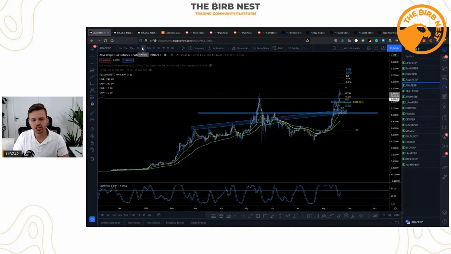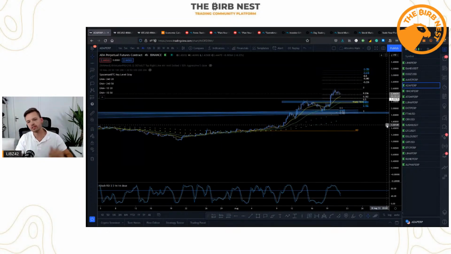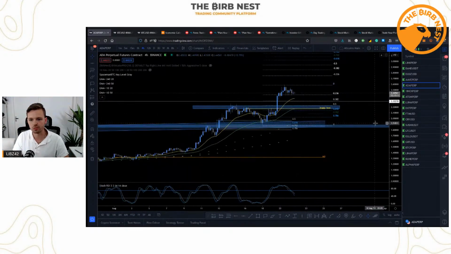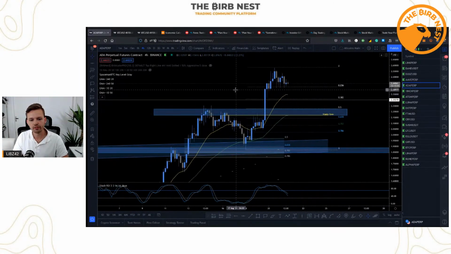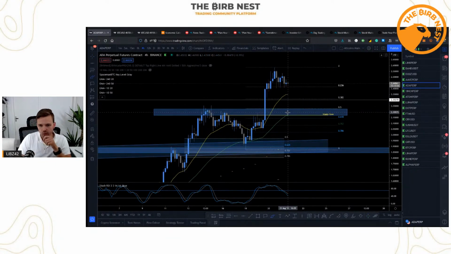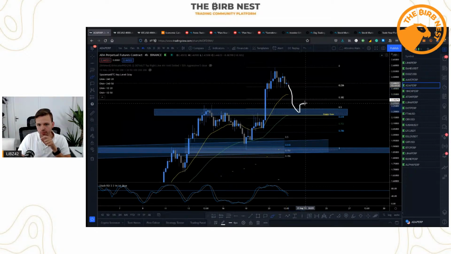As a day trader, I'm more interested in getting in when the bounce is confirmed and having the stop loss as close to my invalidation as possible, or even I want to enter as close to my invalidation area as possible. So if we see a wick down, or maybe just the price action comes down, tests the 50 EMA in the 4-hour, and then prints a 4-hour bullish engulfing with the stochastics right here, bull cross below 30, I'm going to be entering Cardano right here,